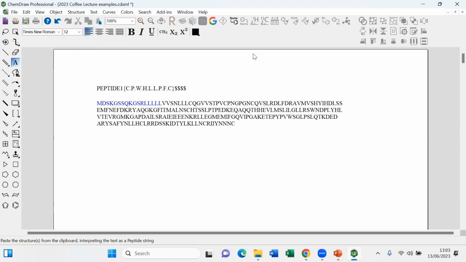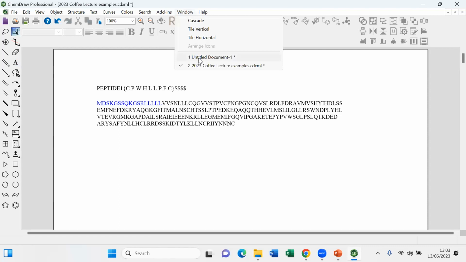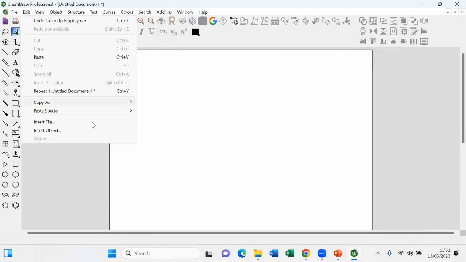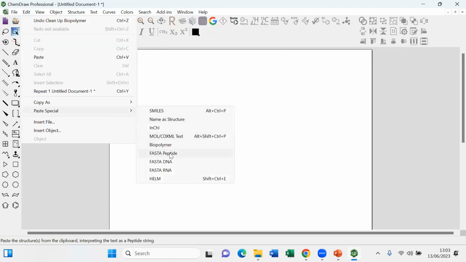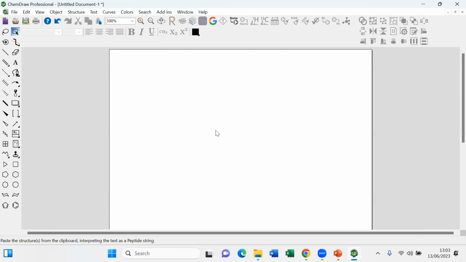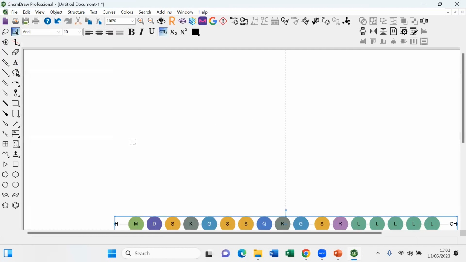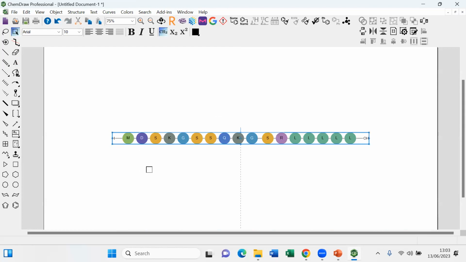Maybe I quickly go to the other window and I paste it in here, and then I will have less trouble. Okay, so we copy in the FASTA peptide, and you now see this is a very popular depiction in the biological field, that you also encode with colors.